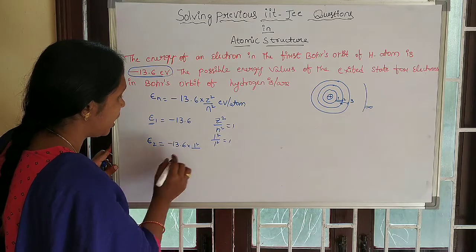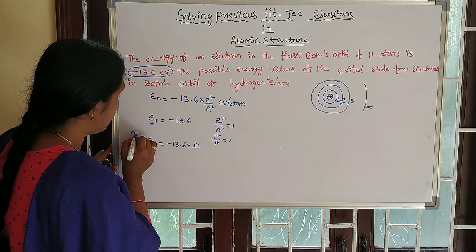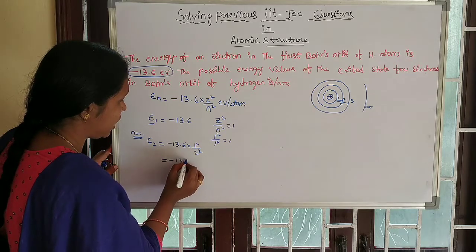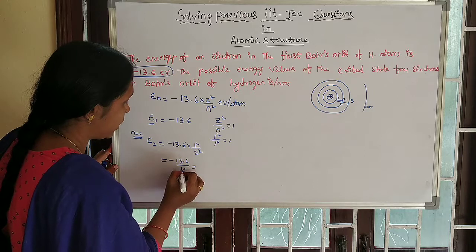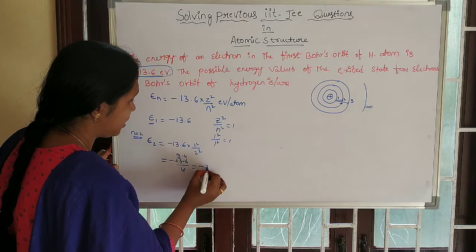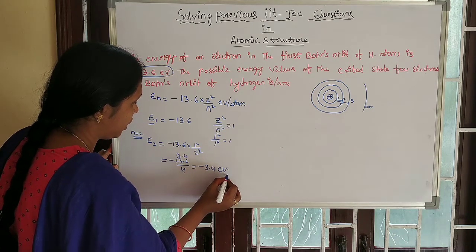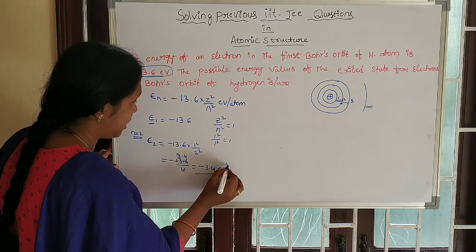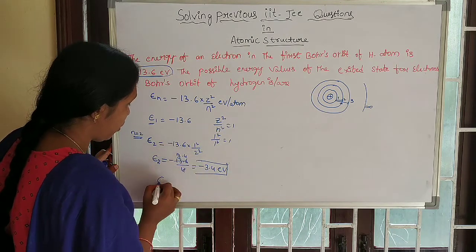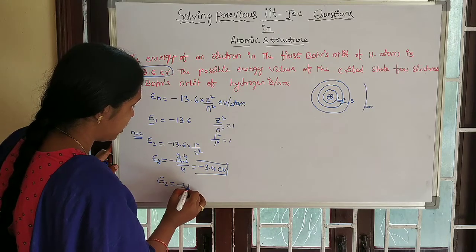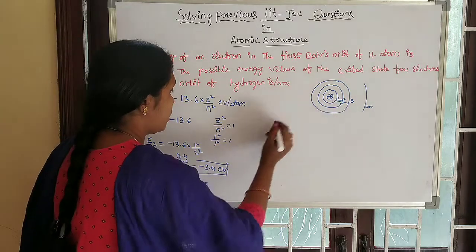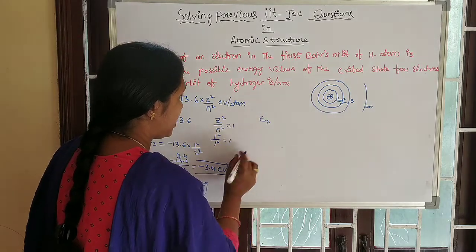So 1 squared by, if the electron is present in E2, the second energy state, so 2 squared. So minus 13.6 by 4 equals minus 3.4 eV. The energy of the excited state is minus 3.4 eV. If our electron is jumping from the first to the third energy level, the energy of the excited state is...